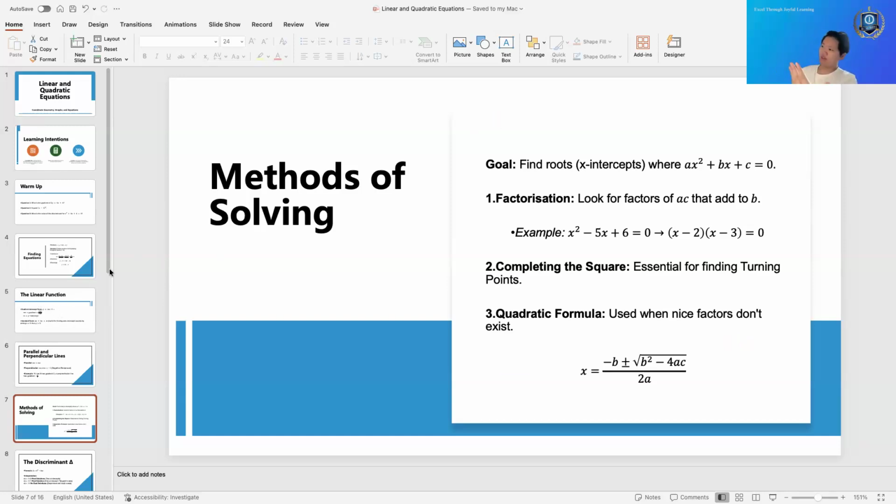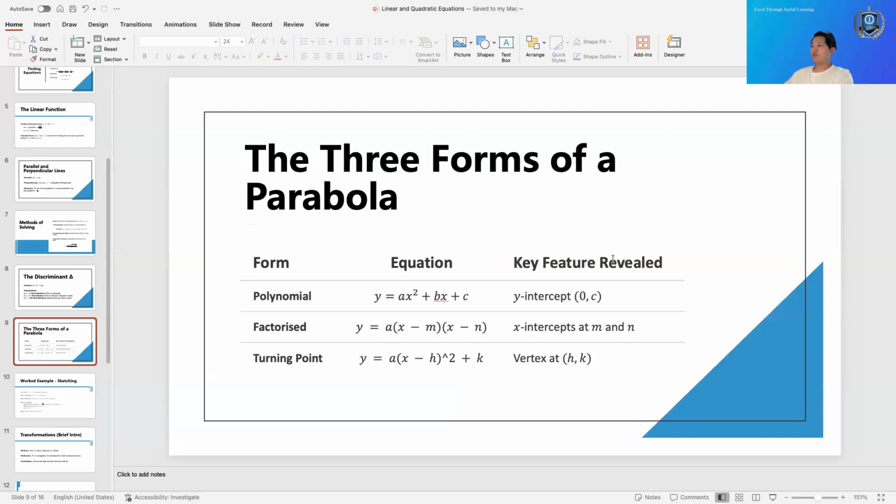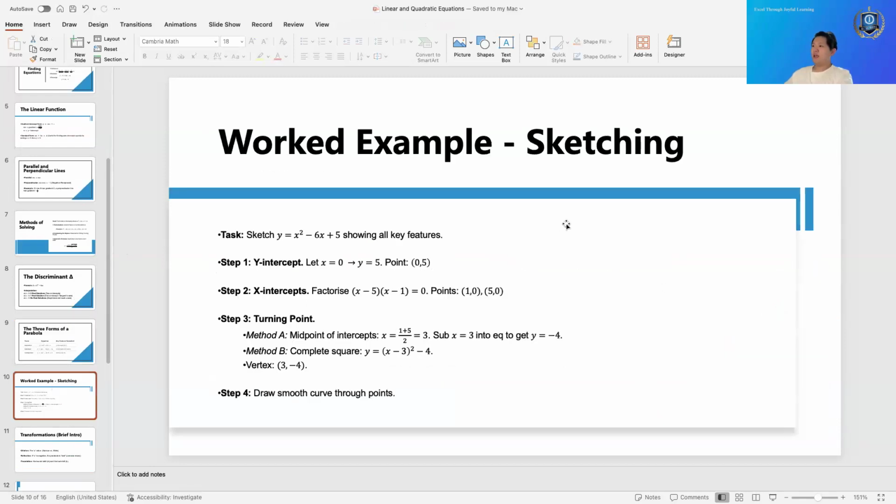These are all pretty basic stuff that we covered, right? And then you have your discriminant, etc., just your different values. And now this is your polynomial, factorized position, turning point. And then now sketching, right? There's a couple of things that I need to talk about,